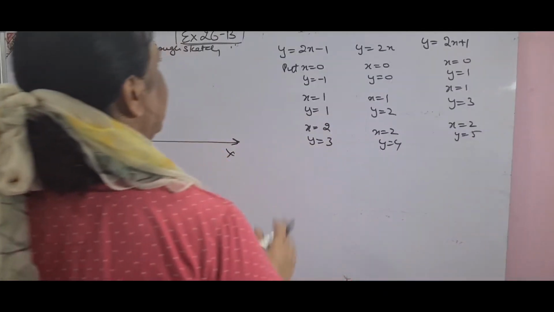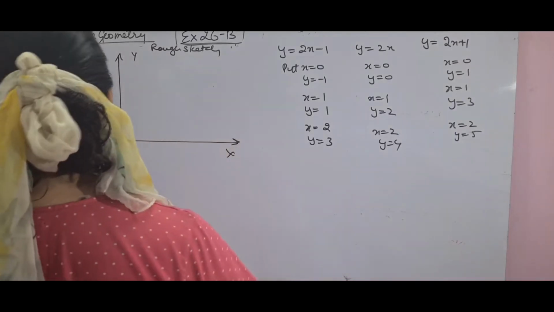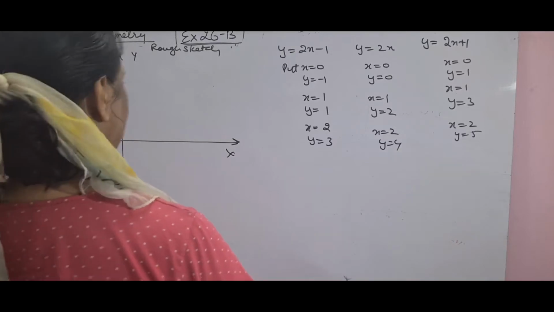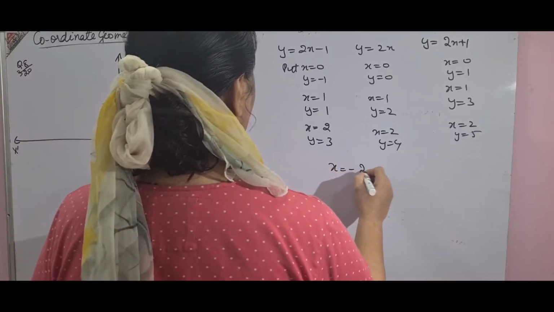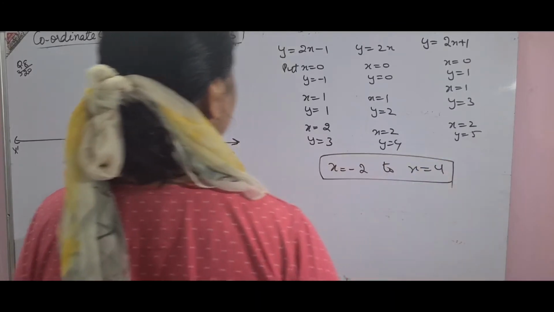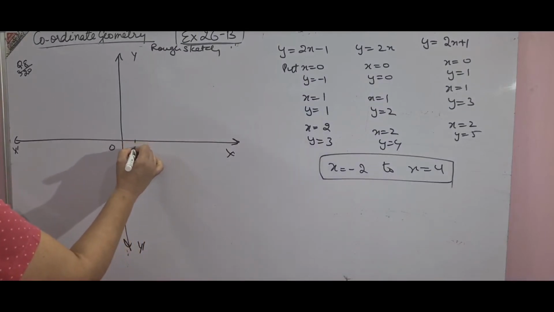So these are the three equations given to me, which have to be plotted in this single graph. And of course there is one more line written, please underline it: from x is equal to minus 2 to x is equal to 4. This you also have to plot. This is the new thing which you have to be a little careful of, and it is very easy, children, trust me.